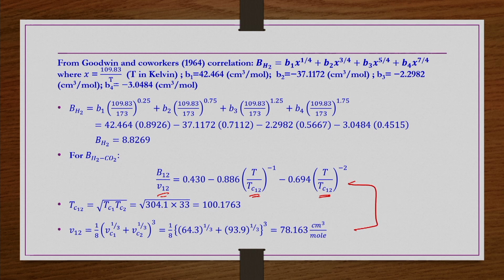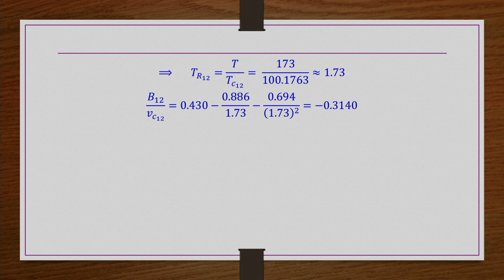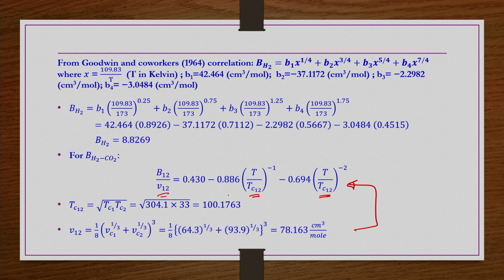So, if you substitute this information in this expression, you will get B12. Next, TR12 is nothing but